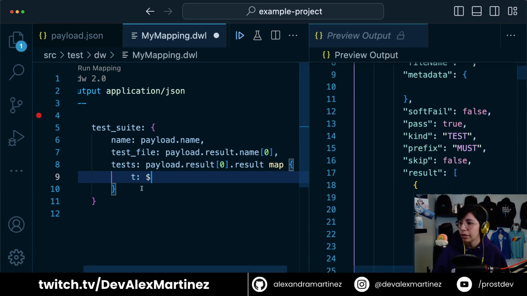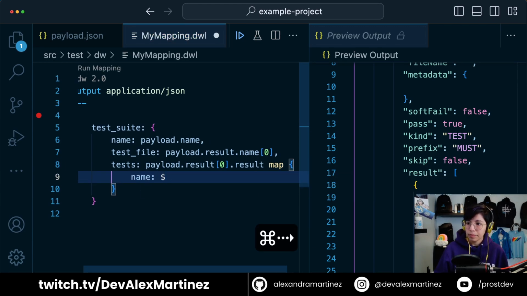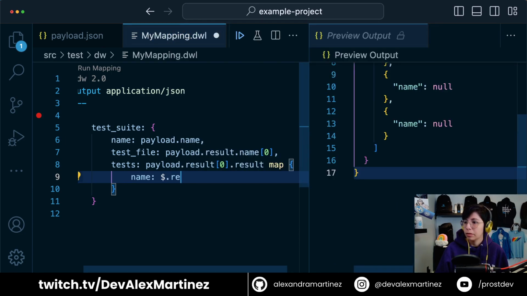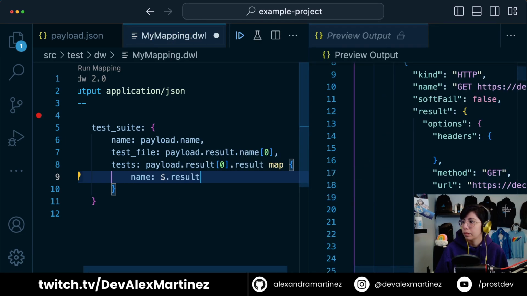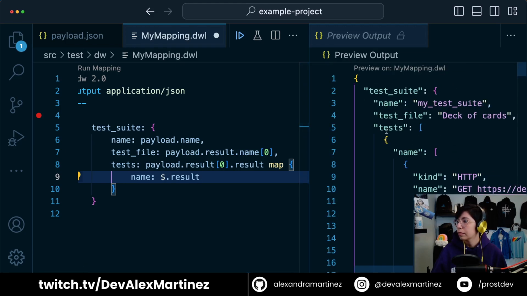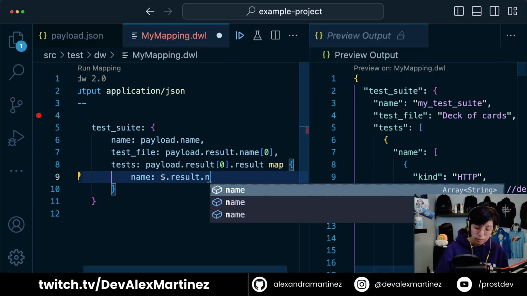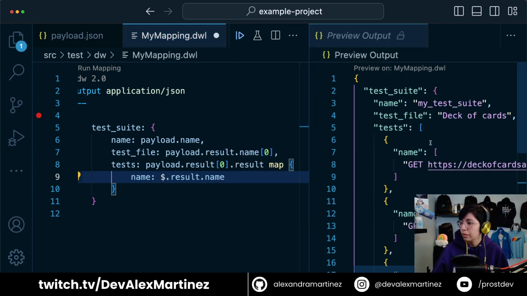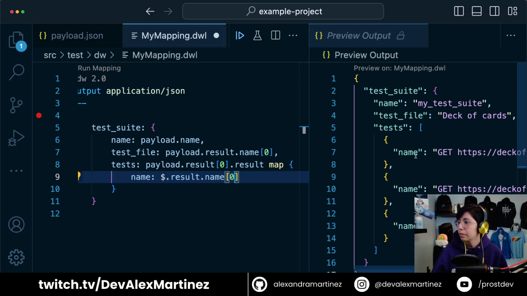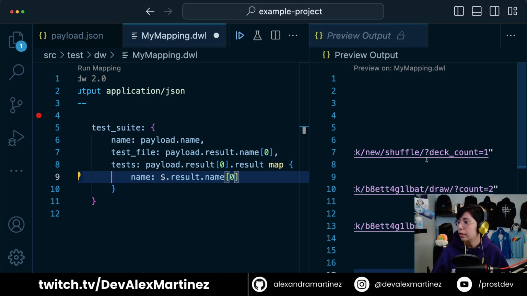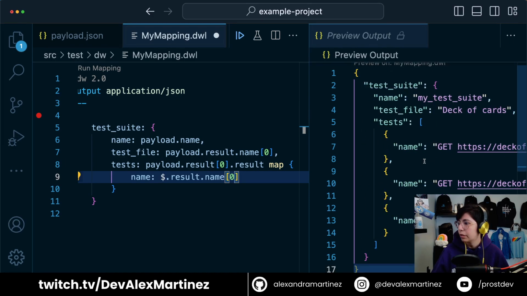Yeah. Okay. And then name. This.result.name 0. Okay. So now I got the 3 different names of what this is, really the URL, but okay,